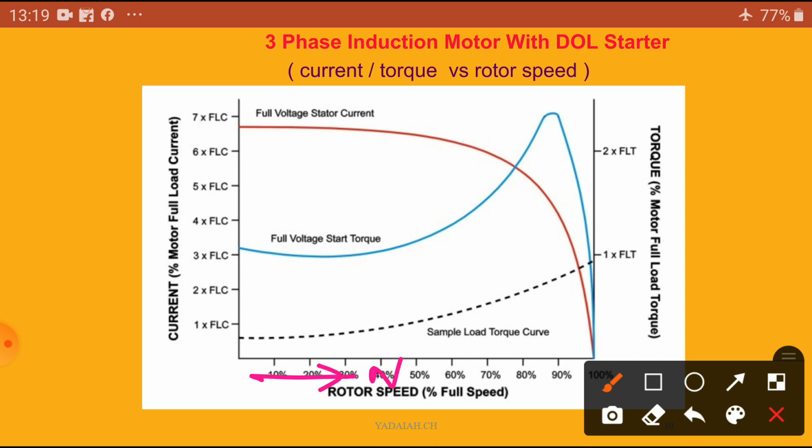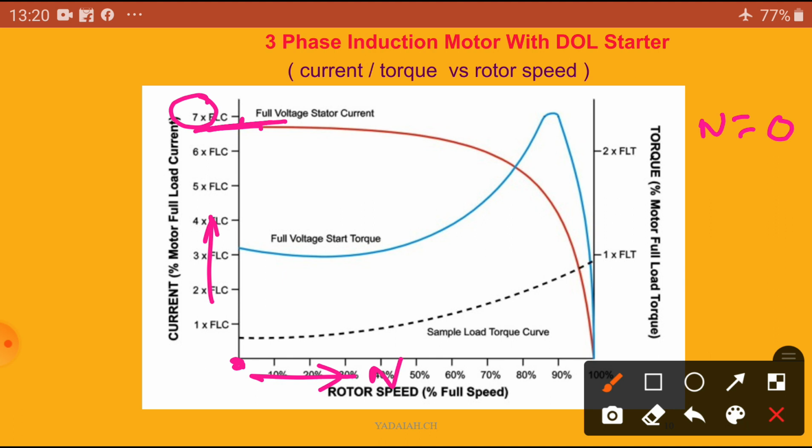This is the rotor speed, and here you can see the full load values, the full load current. Initially at 0 speed, the rotor percentage speed is 0 at standstill. The current drawn from the supply is nearly 5 to 7 times the full load current. It draws more current initially because N is equal to 0.